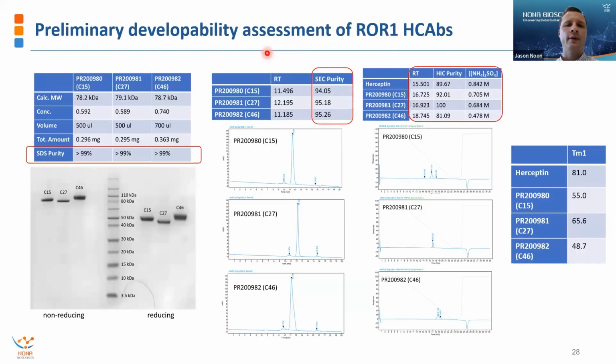So moving on, then we also wanted to evaluate the developability of these ROR1 HCAb-VHs as soluble HCAbs. And we saw here, you can see by both SDS-PAGE and SEC-HPLC, they looked excellent in terms of purity, very good, very clean. And then we also looked at the hydrophobicity by HIC-HPLC. And what we observe here is for these HIC retention times compared to Herceptin is that all three HCAb-VHs were